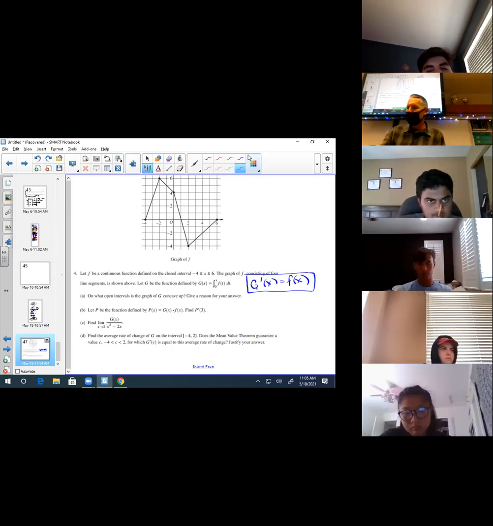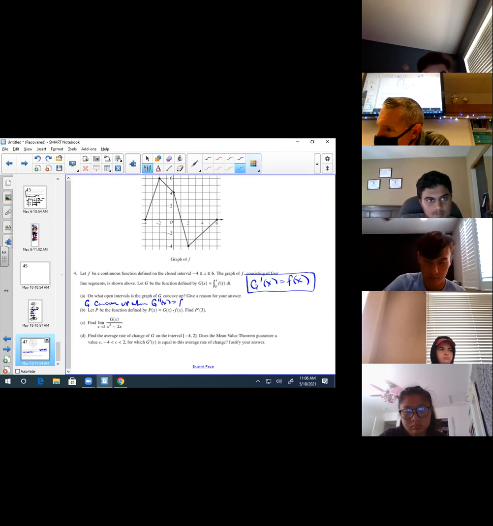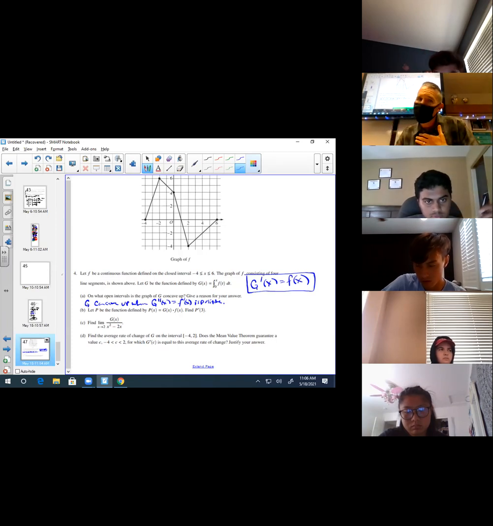So what does g concave up mean? G concave up when what's true? When g double prime of x, which is equal to f prime of x, is positive. So it's tough for me to talk about g double prime of x, but when I'm looking at this as f prime of x and I'm given the graph of f there,